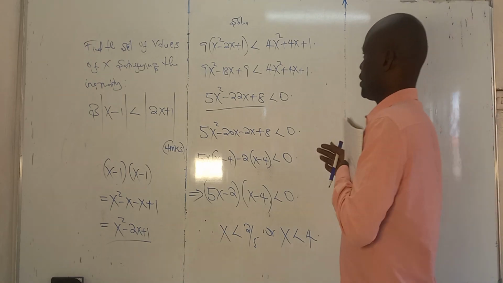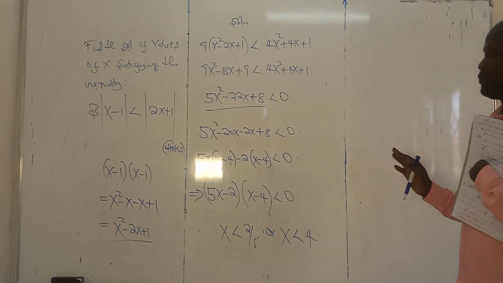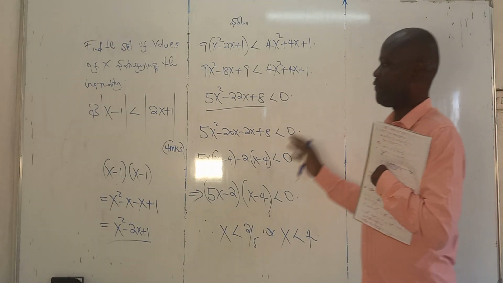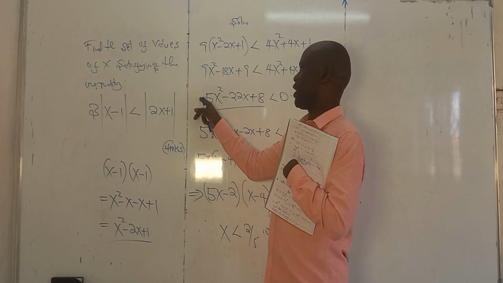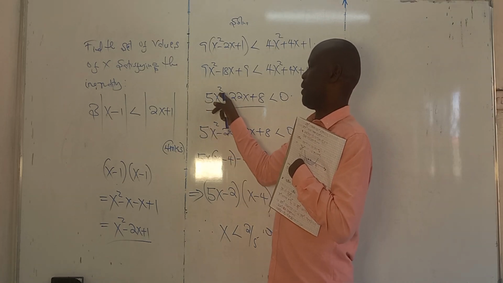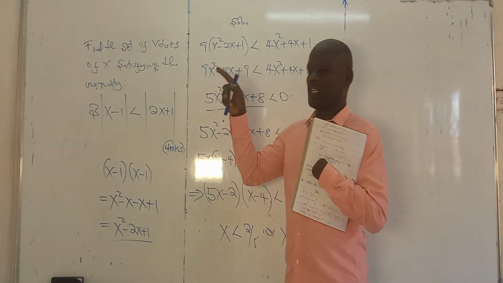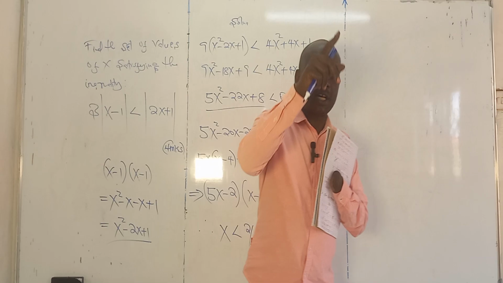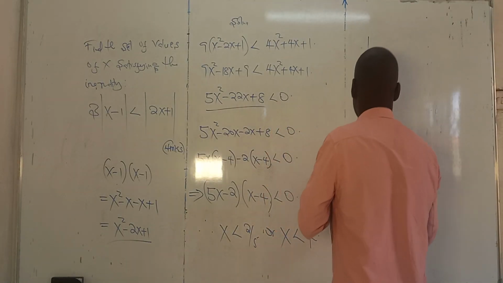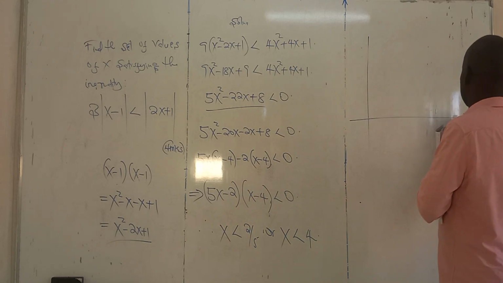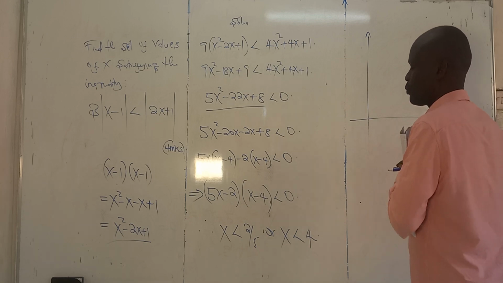Because by plotting, it simply means we are, let's look at it. The fact that this is a quadratic function and we are able to see that the coefficient of the highest power is positive implies that we are dealing with a U-shaped curve. So if we are dealing with a U-shaped curve,